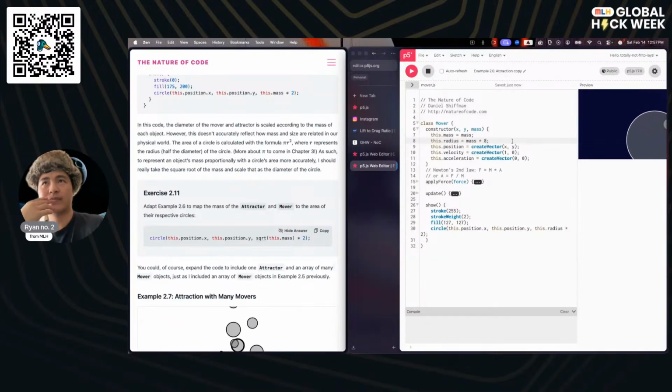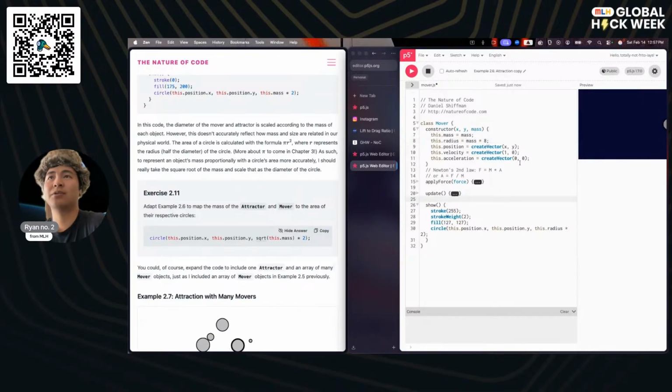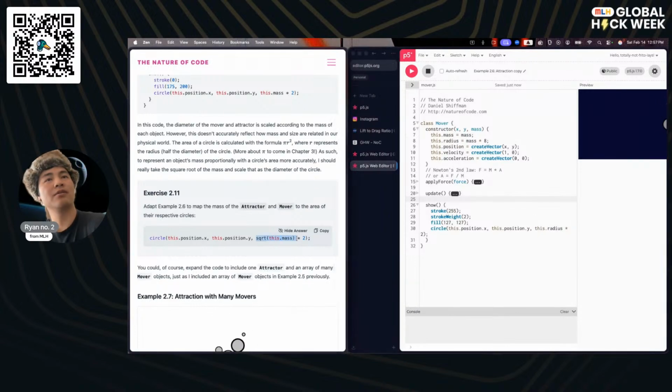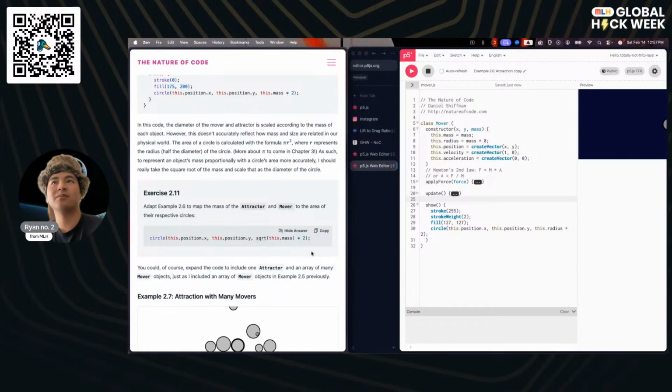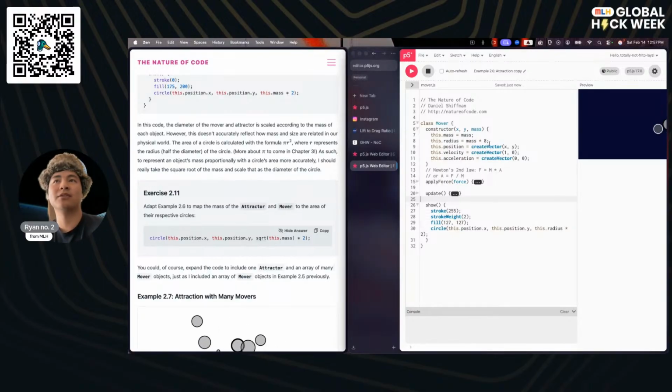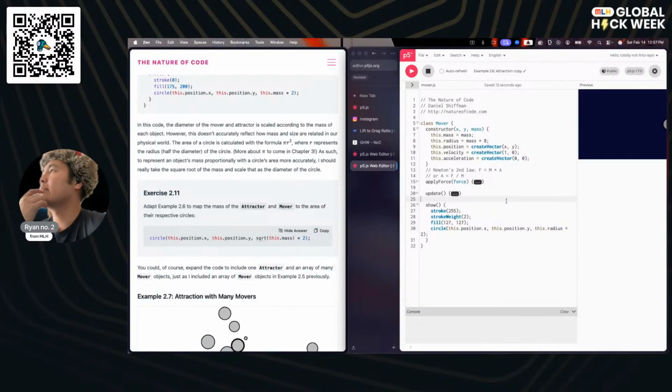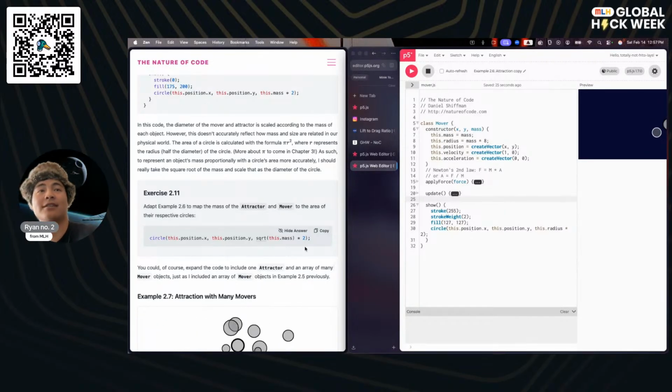So the reason why at this point we're talking about doing the square root, this is assuming that the objects are a specific kind of material that has this specific relationship between their mass and the radius. More accurate. Okay. I think there's probably a better way to phrase that, but I'm not going to get hung up on that because I want to move on to the next exercise.